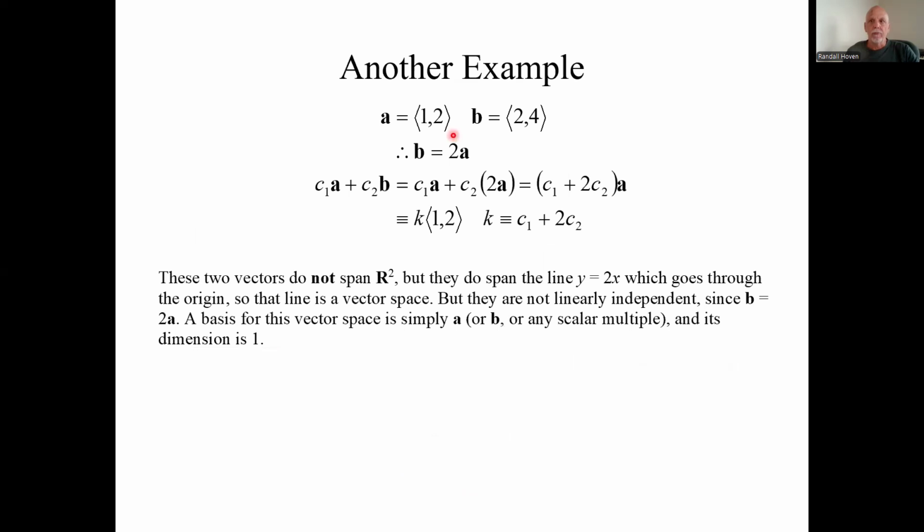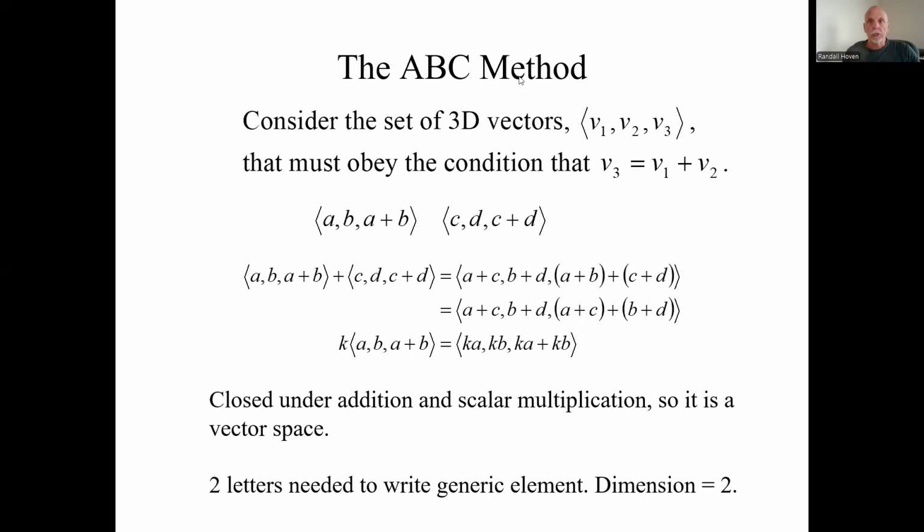Here's another example we've seen before. Now B is a scalar multiple of A, which means A and B are not linearly independent. So the span is just this line, the scalar multiples of (1, 2), or y equals 2x. So they don't span the whole space. What is the dimension? It's 1. And this right here, (1, 2), is a good enough basis for that vector space. The vector space just has dimension 1. Let's see this for another